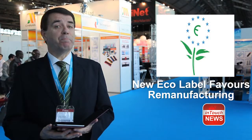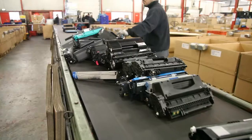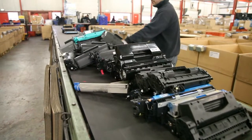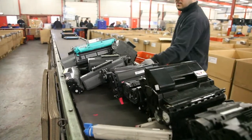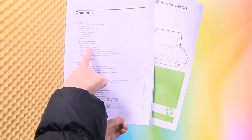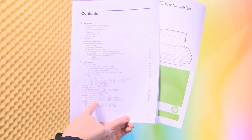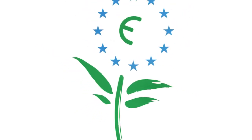A much-needed boost for toner and ink remanufacturers has arrived here in Europe. New EU EcoLabel criteria will only be given to printers that can accept remanufactured cartridges, and printer instruction manuals will be required to include the message that the printer cartridges can be reused. No reuse criteria would have been included in the EcoLabel standard had it not been for the 3 years of